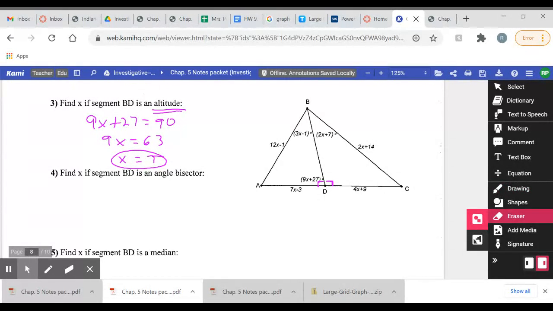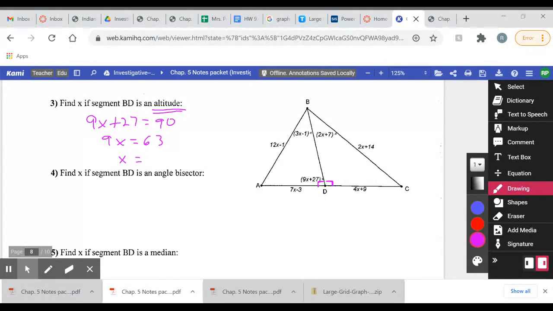It doesn't like a 7. Let's try that again. There's the 7 and there's the circle. Okay,